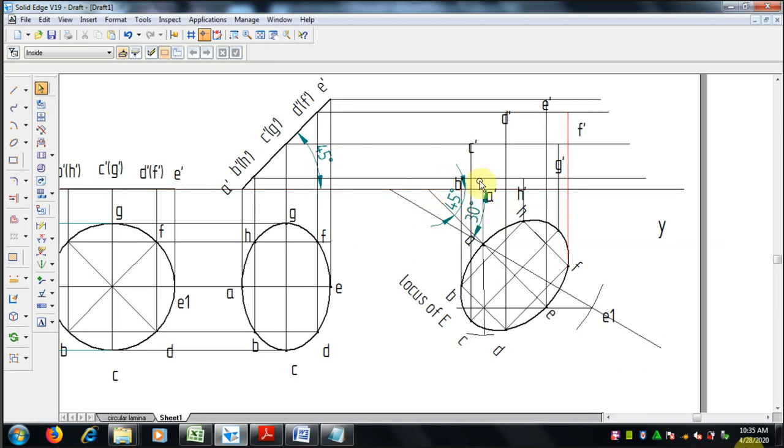Then by using the curve option we have to join all the things. For better visibility, you can move the letters a little bit nearby. Select curve, spline curve, and select the end points of the lines for the correct curve.